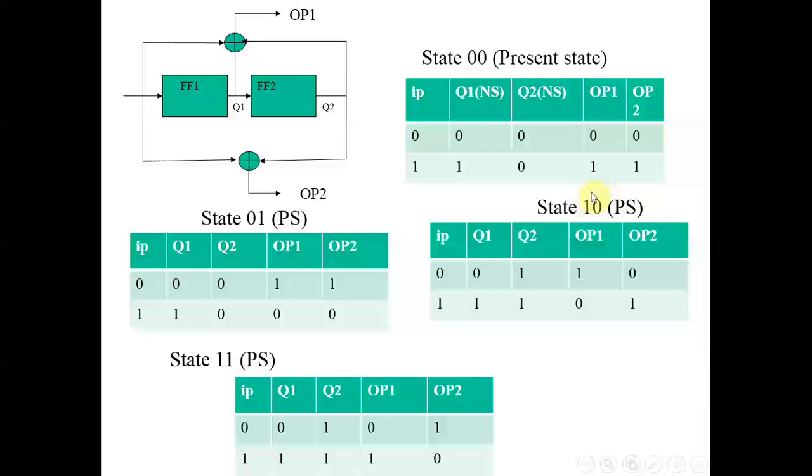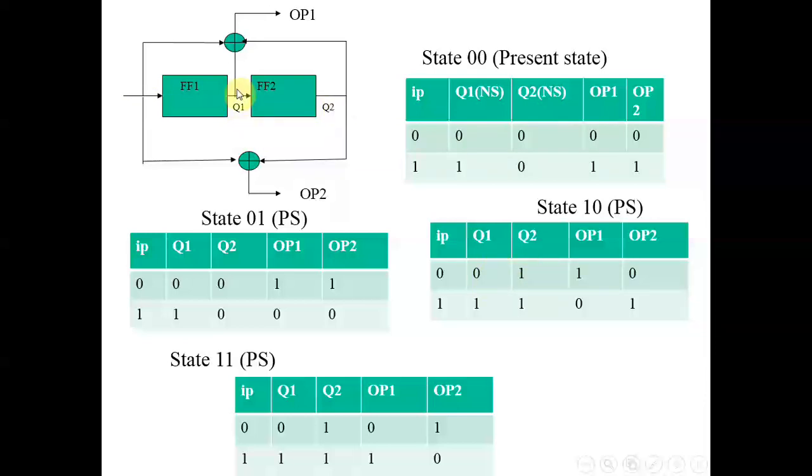Assume that you are in state 1 0. So this is 1 and this is 0. Now you apply 0. So the upper output will be 1 and lower output will be 0. So this is 1 0 and you are in 1 0 right now and you applied 0. So the 0 will go here in the next clock. This one will go here. So the next state will be 0 1.